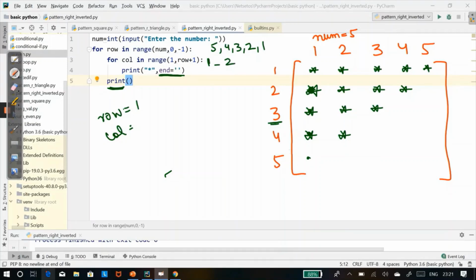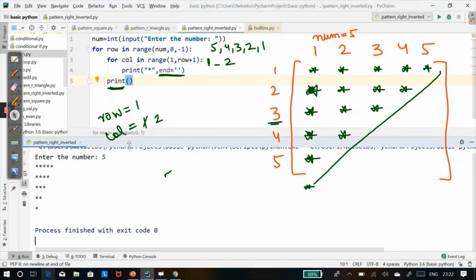So here it will run for 1, so print star, and then it will come to 2. So it will say you should go out of the loop. So it will come outside the loop. So we got the same pattern as we have seen here. It's the same one. So here it ends with the triangle pattern.